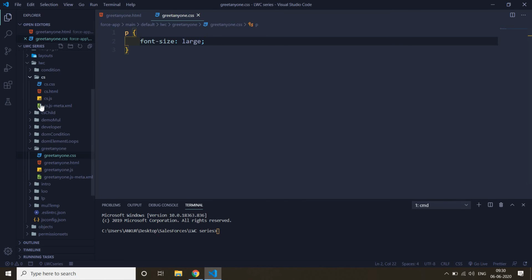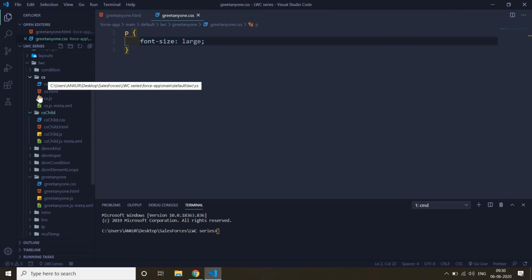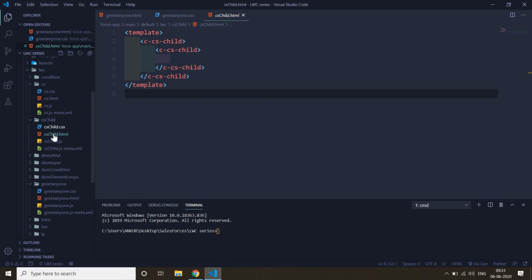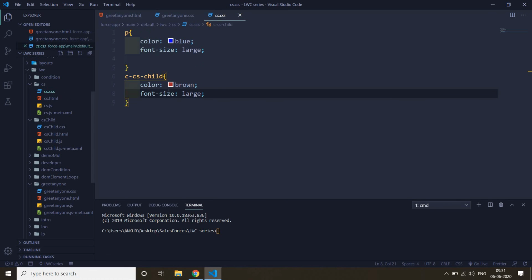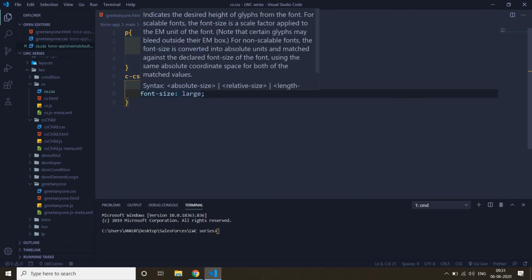One more thing: when you have multiple elements connected, like a parent element and a child element, and you want to apply CSS for the child element, you can also do this.